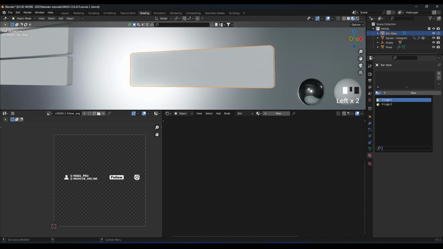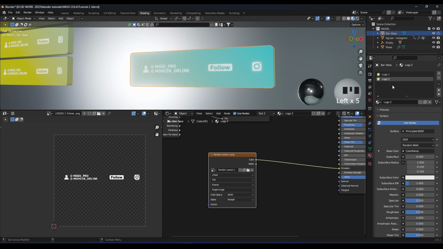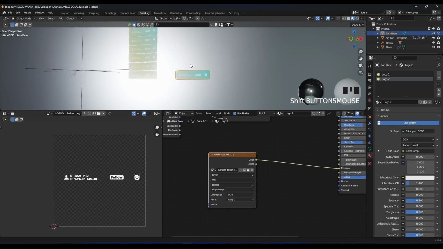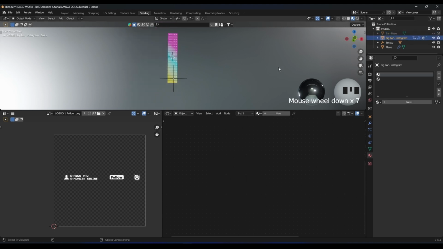Okay, like this. We need two materials in the same logo guys. We need the two materials in the same base bar. Okay guys, like this. Now let's go to our Instagram bar, and